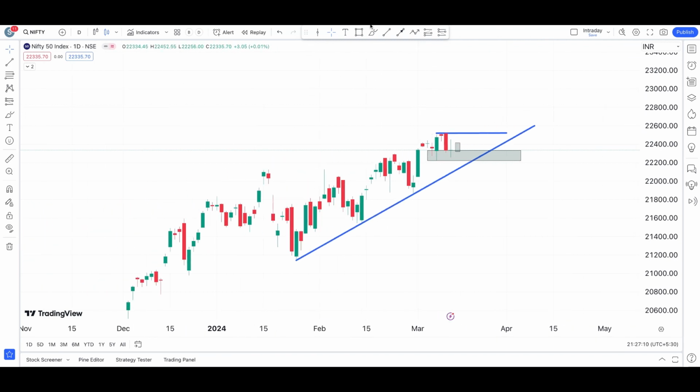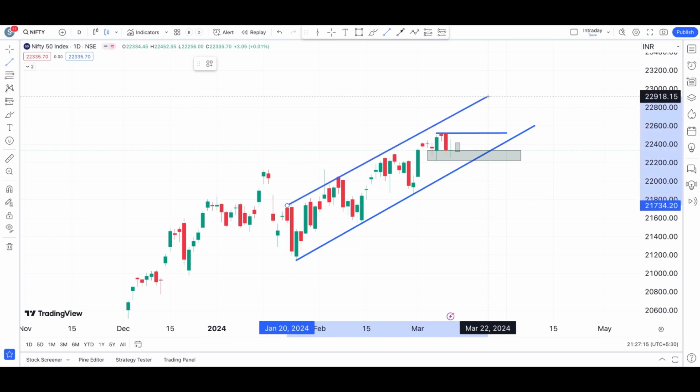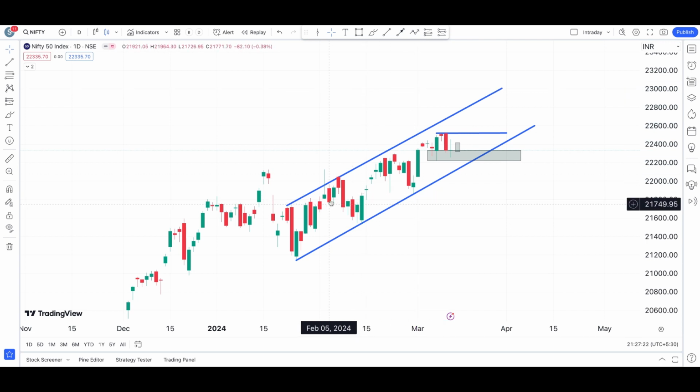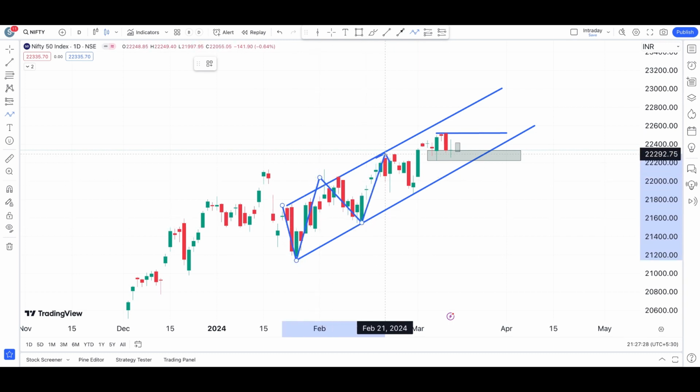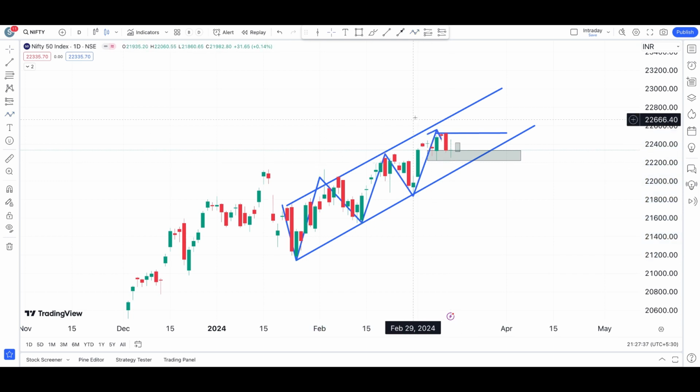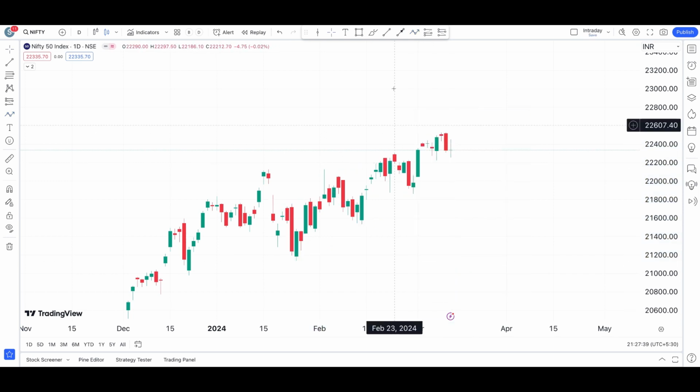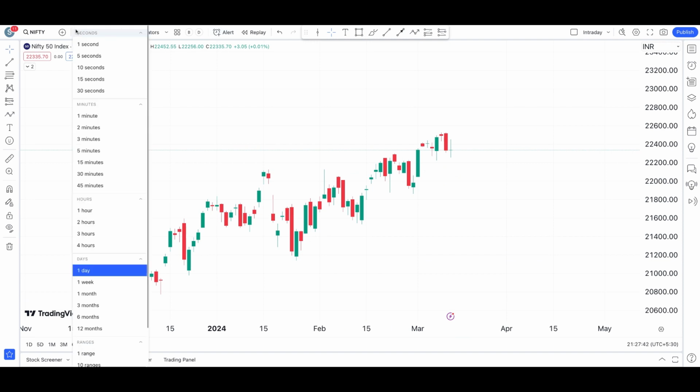And also, if you carefully notice, it is not only a trend line that is coming from the bottom, but also if you draw a trend line like this, you can see that Nifty is trading exactly in this channel. Now this channel trend line is going to be very important. Once it sees a breakout either towards the downside or the upper side, it's going to see good momentum towards the side it has given us a breakout. So be prepared for that as well. That is how Nifty is looking on a daily time frame.